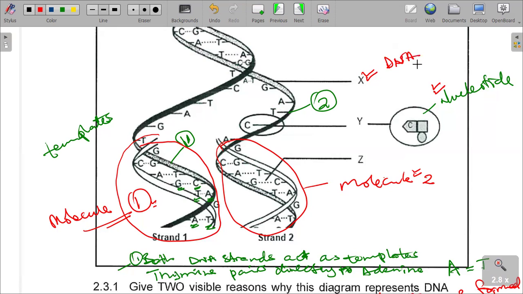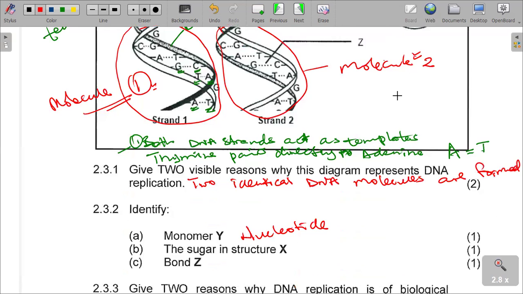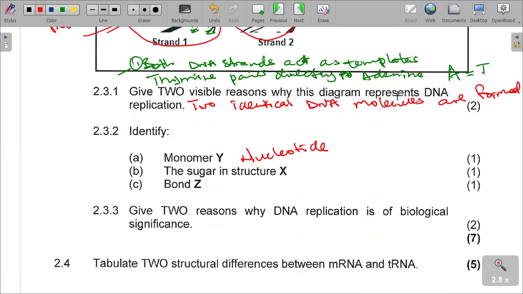So what is actually asked here is for you to know the type of sugar that is in what? In DNA. So it's deoxyribose. This is deoxyribose sugar, class. Deoxyribose sugar is the one that we know is found